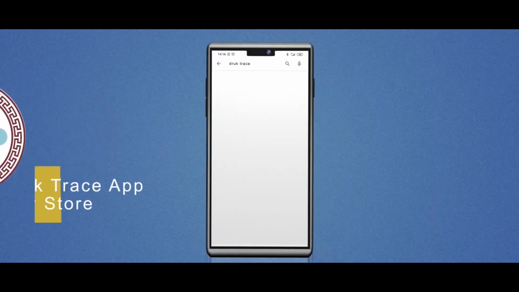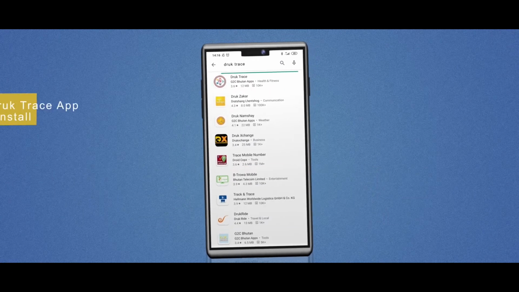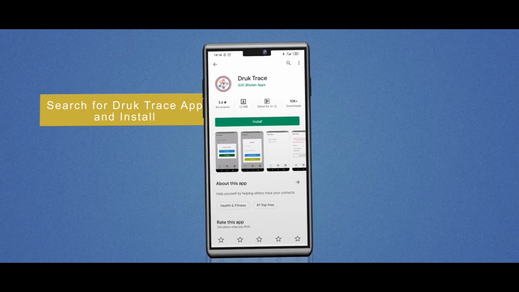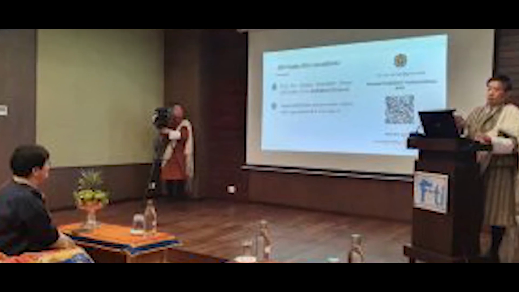It's usually used while you visit public places, and if you don't have the app, you have other alternatives. So I'll be speaking more about the app today. The app was made on the instruction of the government to deal with the COVID pandemic, as one of the instruments to deal with the COVID pandemic, primarily for contact tracing.